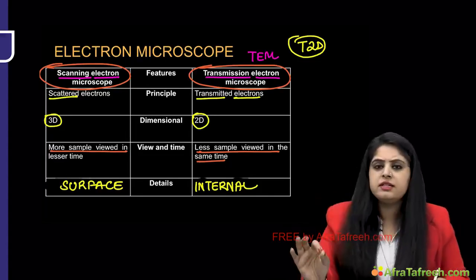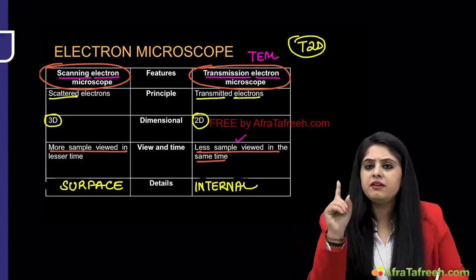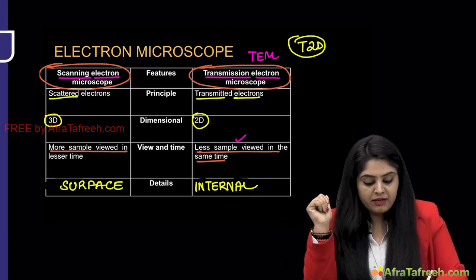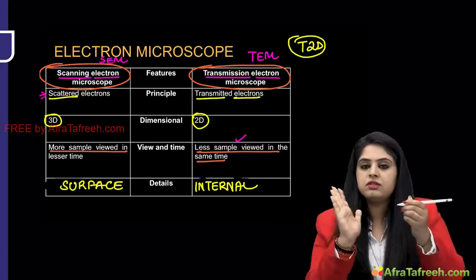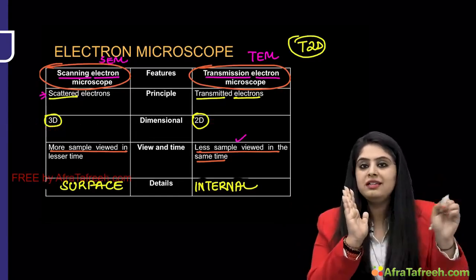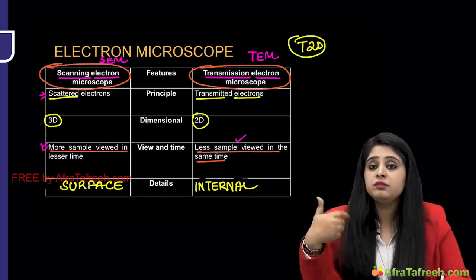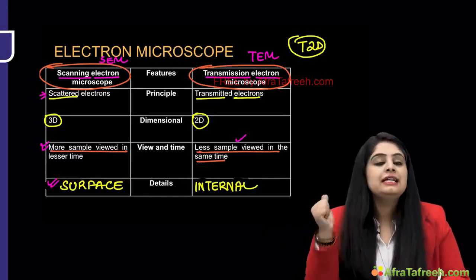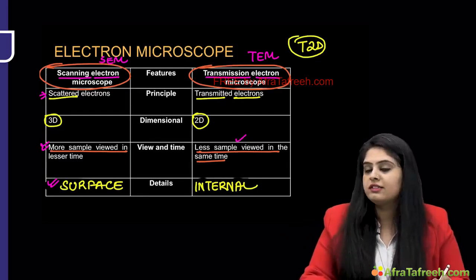You are going into every little internal detail. You are studying 1 page, 1 day, very little details through and through. Transmission you are doing. Whereas now when you come to 1 day before the exam, jaldi, quick scanning through pages. You are using the touch upon it and leave it. Touch it, leave it, hit and run, scattered electrons. You are covering more amount of syllabus, more amount of samples, and you're looking at everything superficially, surface-wise. That is scanning electron. I hope with that mnemonic and that way of learning, you will always learn this,